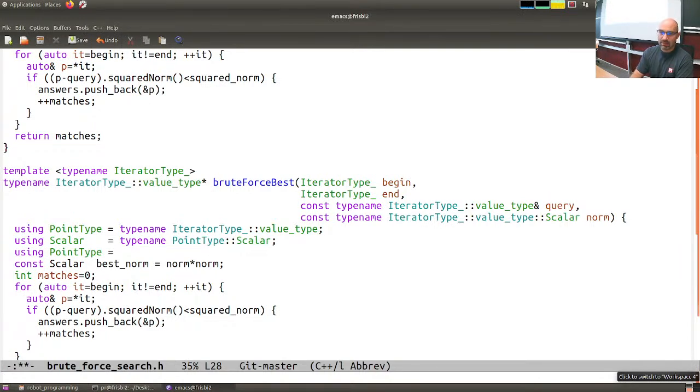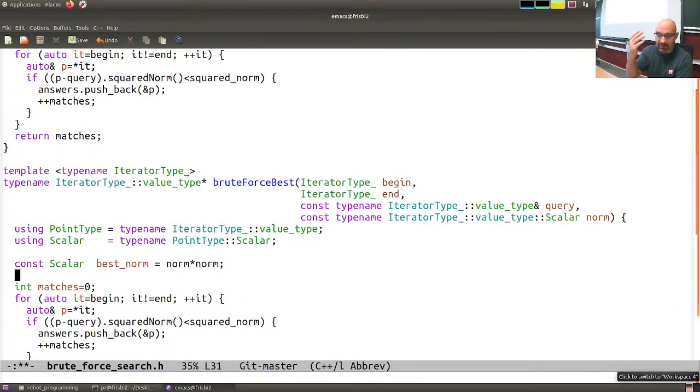Right. I'm extracting the type just to have something readable. Then I need to carry on the search. I will require a temporary maximum, and I also require the best norm and the best point selector: the temporary one and the best point that I found so far. So the best point will be a point type star,